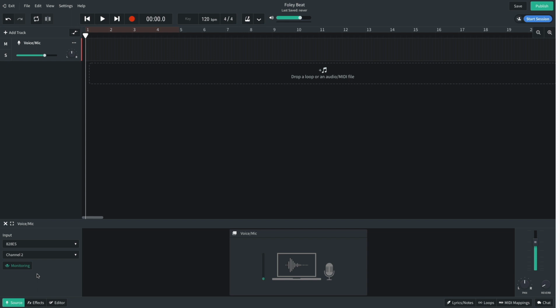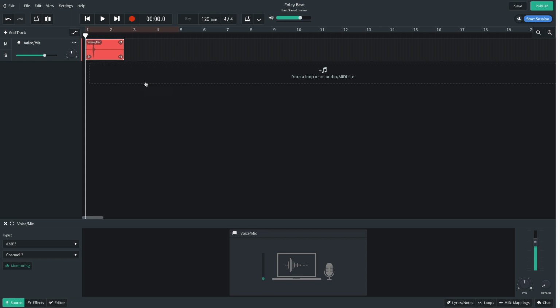When you're ready to record, click BandLab's record button and you'll hear a 1-bar metronome countdown, after which BandLab will record the mic's input signal to the audio track. Let's do this now and record our kick sound. When you've finished, click the record button again to stop recording, and the waveform of what you've recorded will appear